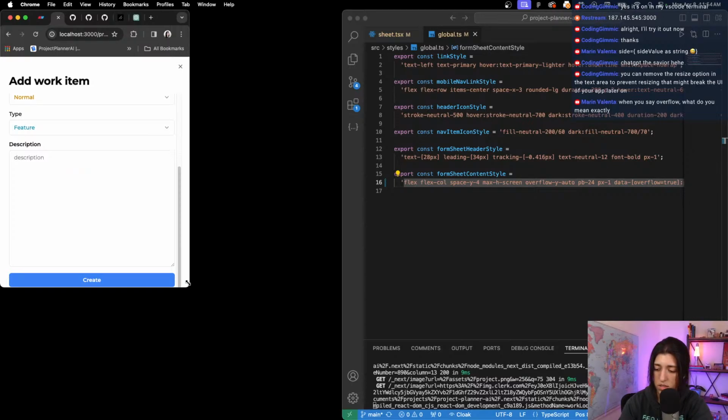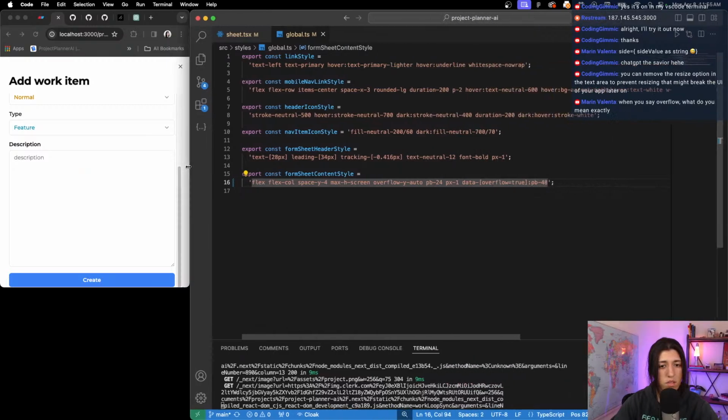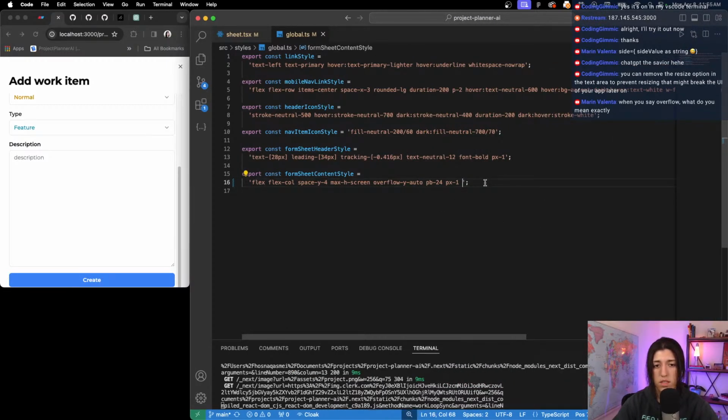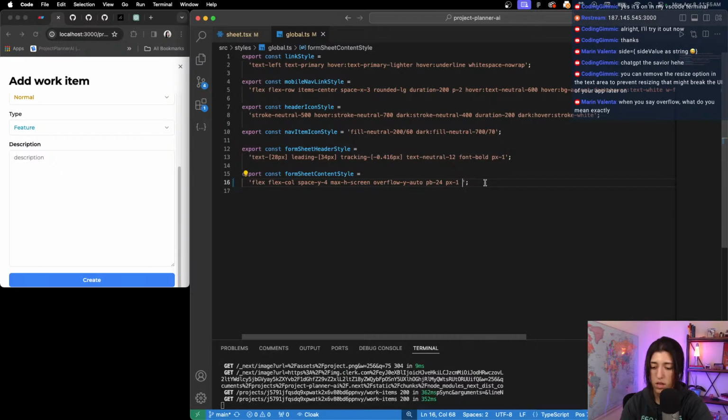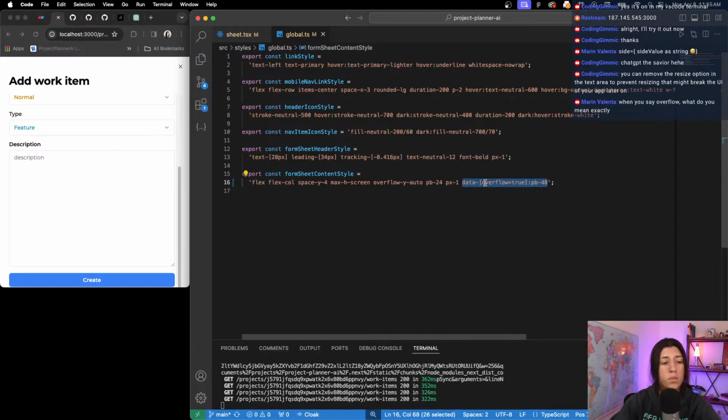Does that make sense? I mean, it seems like it works. Let me get rid of that. It seems like it works. If I comment this out, no. I think I just didn't refresh my screen. Okay, so I refreshed my screen. Let me add that back in. Refresh it again. No, that does not work. But it does work